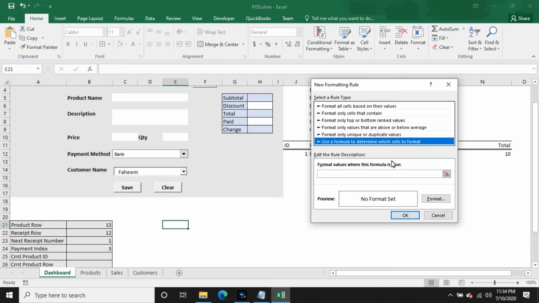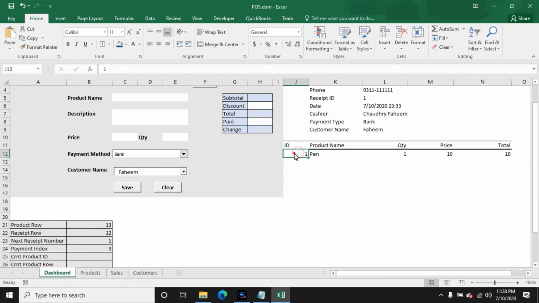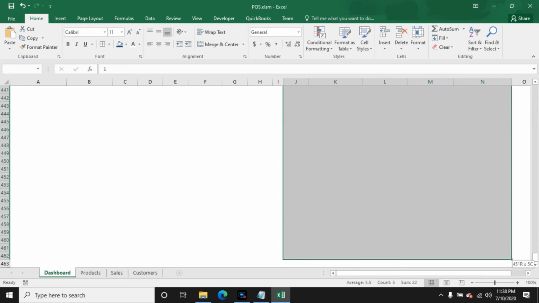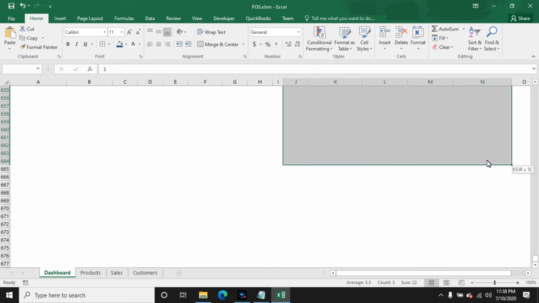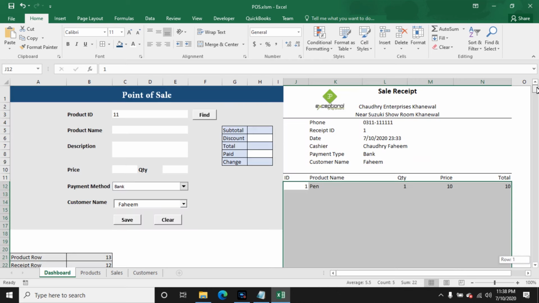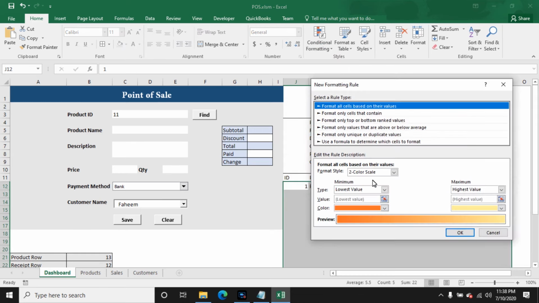So here is equal to receipt row, and so first of all I want to select like that, multiple rows, and after that go to manage rules, new rule